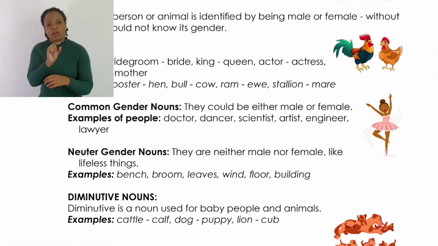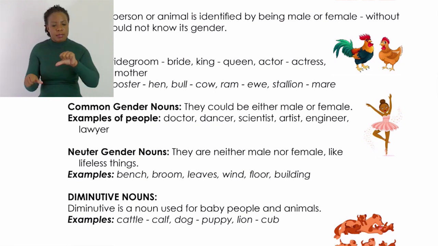They could be either male or female, like what I'm saying. Examples of people are as follows. Doctor. Whether a person is female or male, if he's a doctor, we refer to him or her as a doctor. So the noun doctor is a common noun. It applies to both males and females. Dancer,